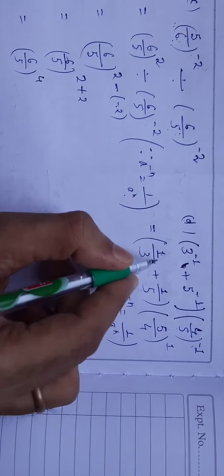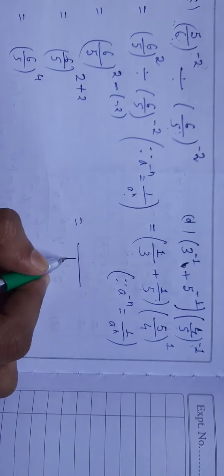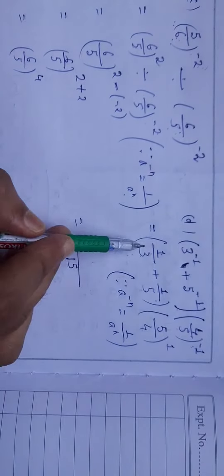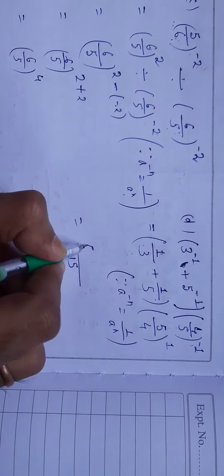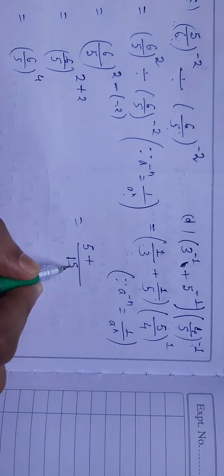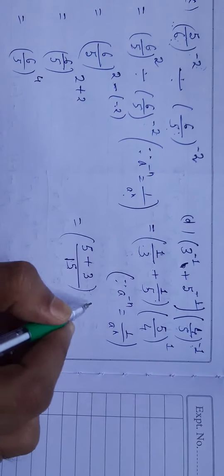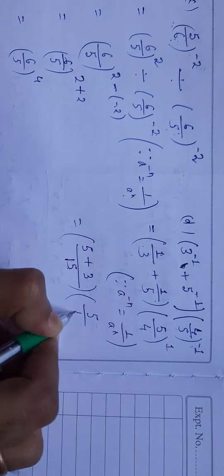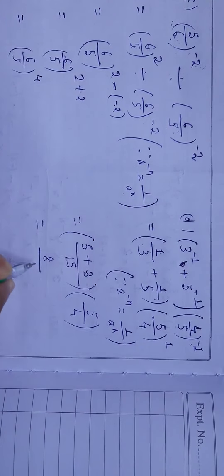Now in these two terms I can take LCM. 3 and 5 LCM is 15, so 3 into 5 is 15 and 5 into 1 is 5. Here in the numerator it is 5 plus, 5 into 3 times 15, 3 into 1, 3, within a bracket. Inside another bracket it will remain as 5 by 4 only. 5 plus 3 it is 8 divided by 15,